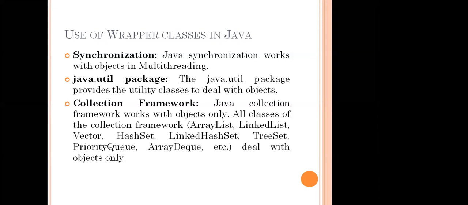We are talking about non-primitives. These are the array list, where we have a group of elements. Linked list, where we have a group of elements with a link. Vectors, hash sets. We already came across the hash table, no? Same with hash sets, linked hash set, tree set. What is a linked hash set? I already touched on that one, but how many of you understand? I don't know.